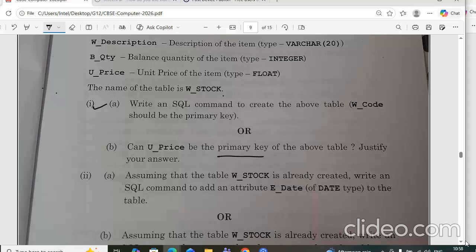Okay. So not null is fine, because if one object is there, obviously we will be having price whether big or small. But you know, sometimes the price is same for multiple products. So same is also not possible. It should be unique. So U price is not a good choice to keep as the primary key.